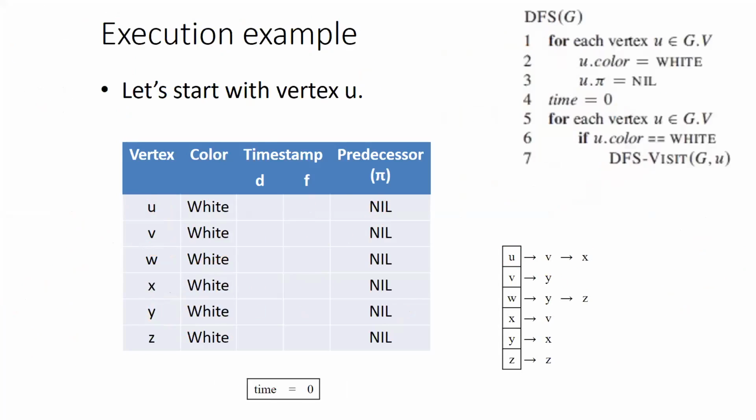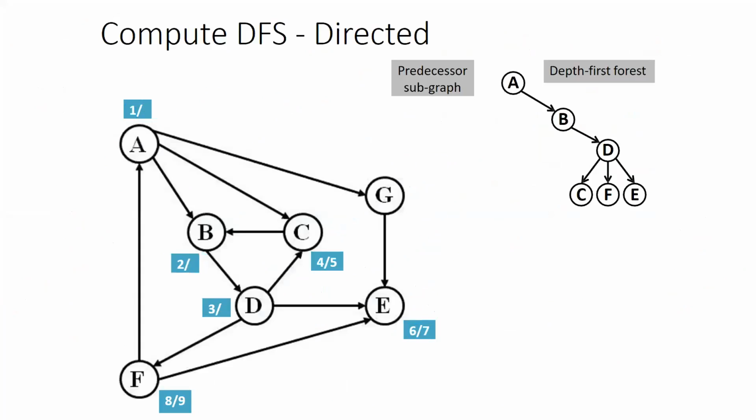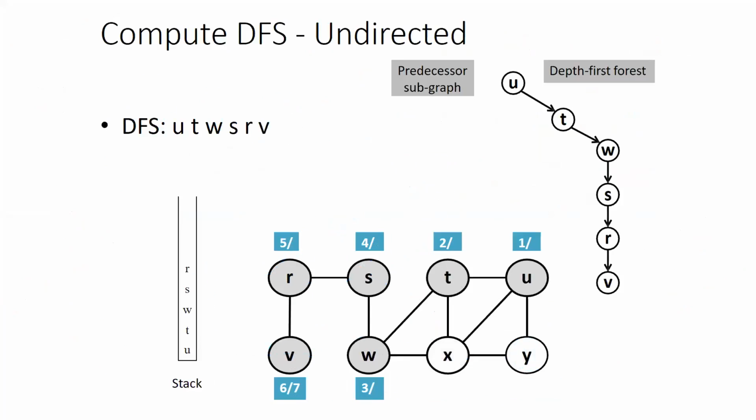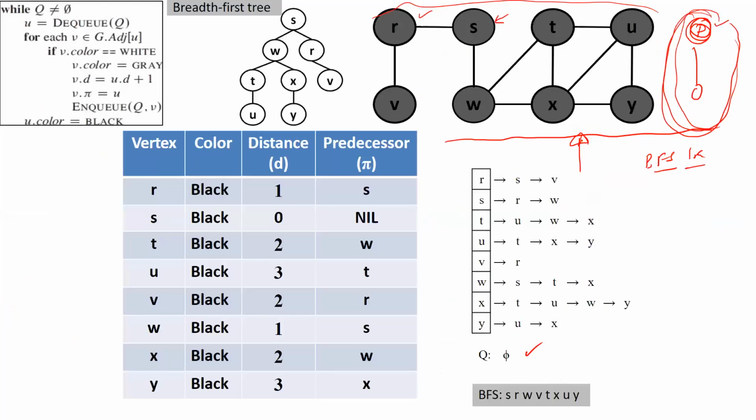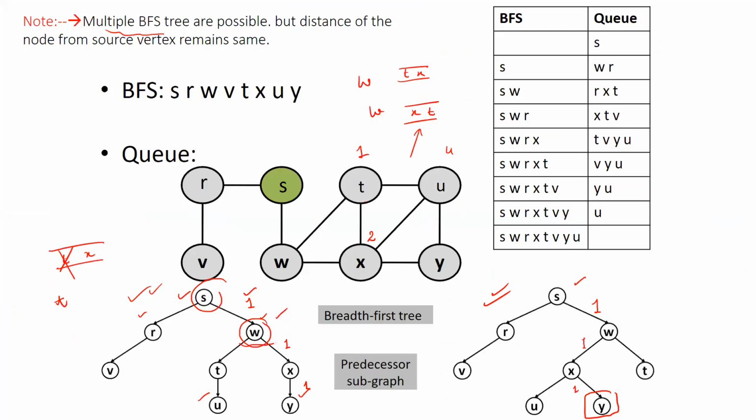BFS ट्रांसवर्सल वाज यूज्ड फॉर शॉर्टेस्ट पाथ, जो अभी बताया था। BFS जो था, ये थोड़ी सी क्वेरी वही है, फॉर शॉर्टेस्ट पाथ कैसे निकालना है। जैसे इसकी एग्जांपल ली थी, तो ये ट्री बनता है, BFS ट्री मैं बता चुकी हूँ आपको क्या था। तो ये ट्री बन जाता है जब आप ट्रांसवर्सल करते हो, क्यू में डाल के क्यू से निकालना। तो S के शॉर्टेस्ट पाथ वाले 1 यूनिट के शॉर्टेस्ट पाथ S के R और W हैं। अगर इसकी बात करें तो यहाँ से 1 यूनिट डिस्टेंस से V 2 यूनिट डिस्टेंस है, V, X और T।